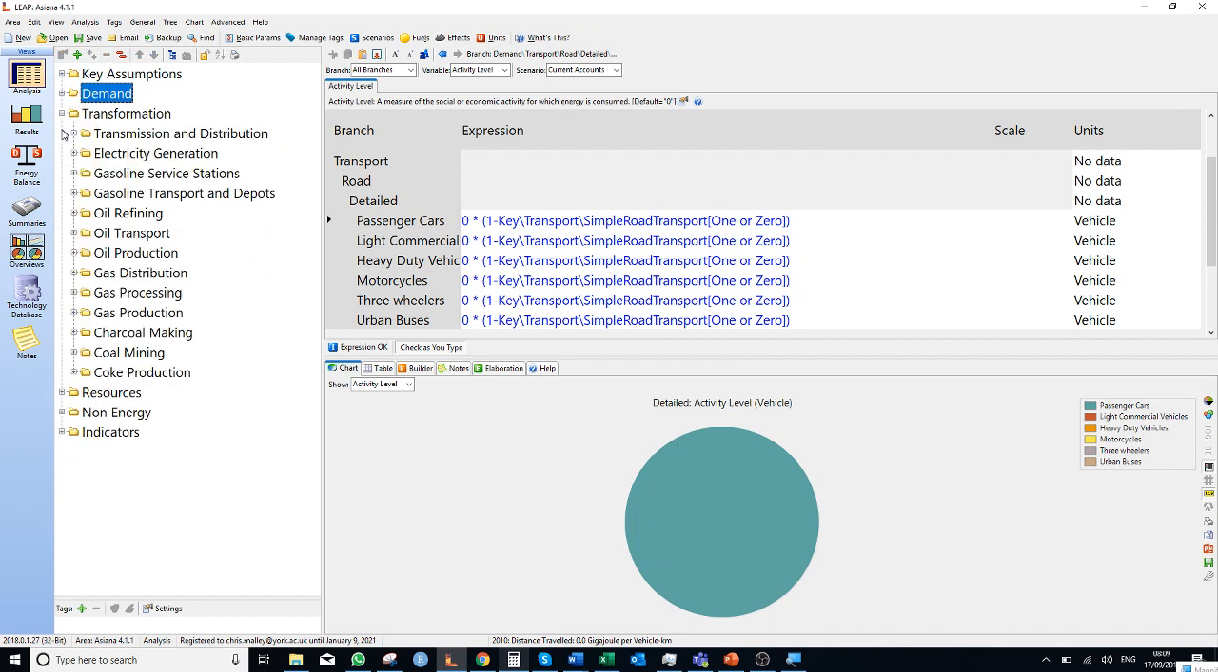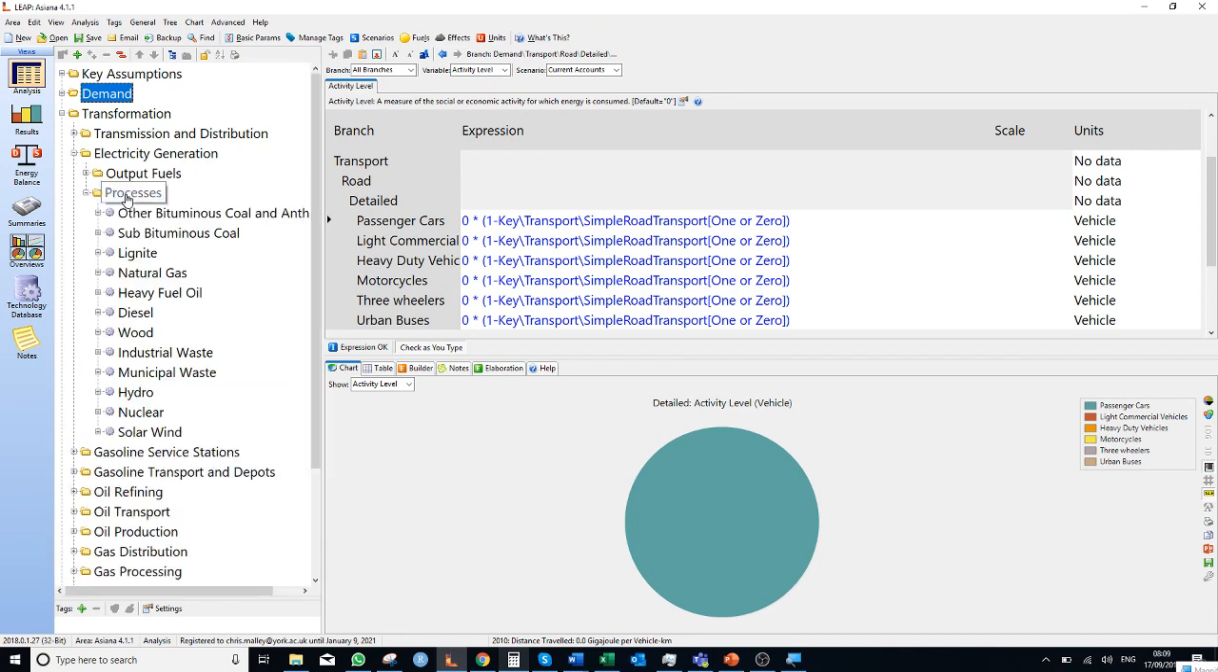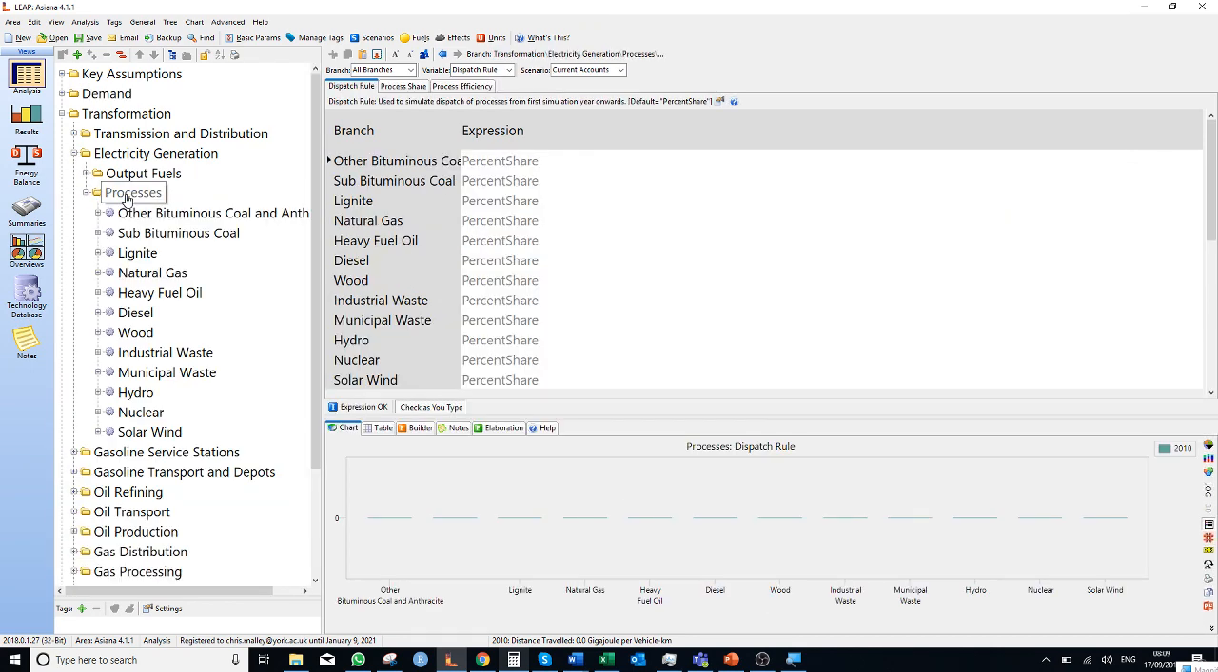If we then move on to our transformation sector, we have electricity generation. The way in which electricity generation is represented here is very simple. We can look at LEAP in more detail. There are more complicated methodologies that we could use here if it's a key sector to look at. But the key thing that I want to say is that we do not enter into LEAP the amount of electricity that is produced. That is calculated by LEAP